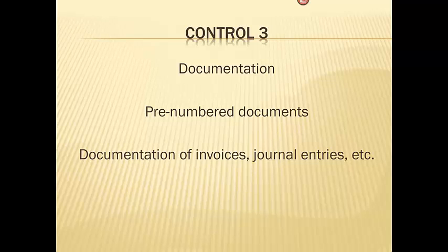In addition to pre-numbered documents, there are certain things that happen in a business that are financial related that you want documentation of. For example, when you are paying an invoice to a supplier, you want, as part of the backup of that invoice, to have a copy of the purchase order. You also want to have a copy of the receipt. You should always check to make sure that the proper signatures are there, or any other supporting information that needs to be there. And all of those pieces need to be in place in order to actually pay the bill.